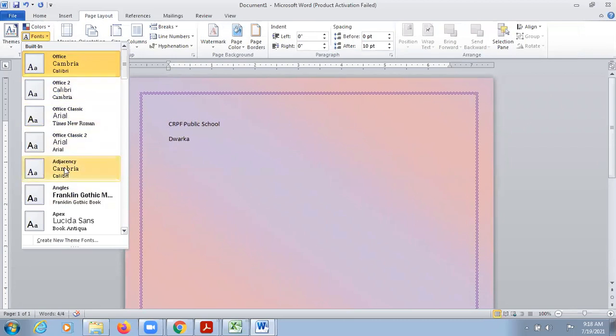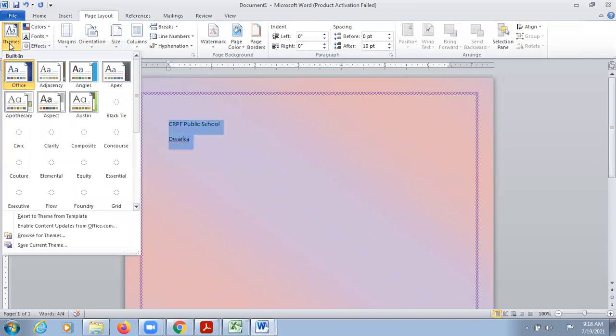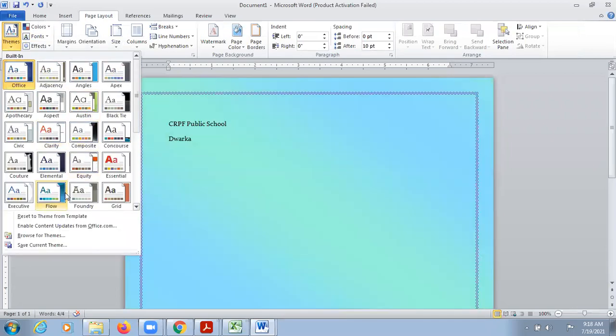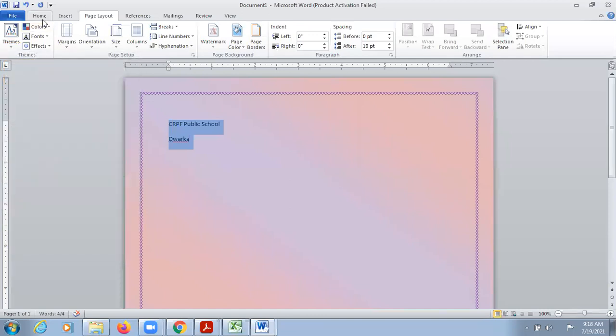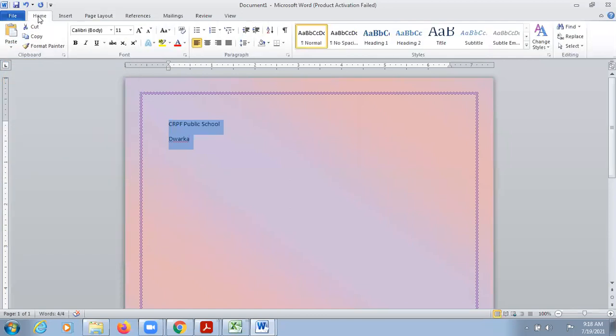these are the different types of fonts which you can use. Similarly, you can choose the themes also for your page. So automatically colors will also change if you choose a theme. Okay. So right now we don't want to use it like this. We want to use the word art. So either you can simply change the